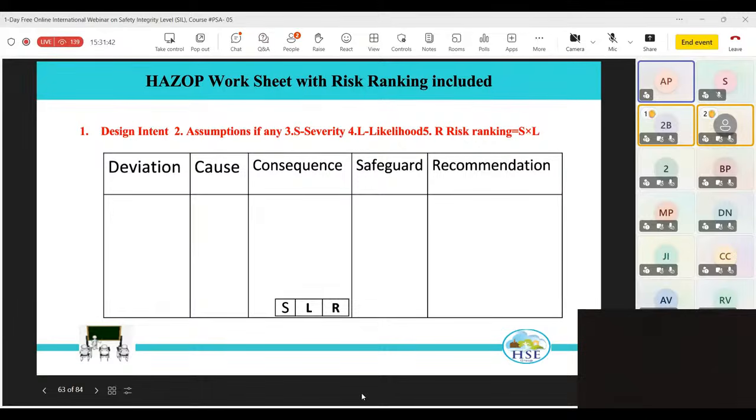So based on this, the question the chairman or the facilitator will ask is, what should it be rated as? And suppose initially the SLR is done as very severe, and after considering the safeguards, they give credit to the safeguards. But here in this case, we are not able to give credit because in case of the safety valve, there are only two safeguards. One is the safety valve and the second is